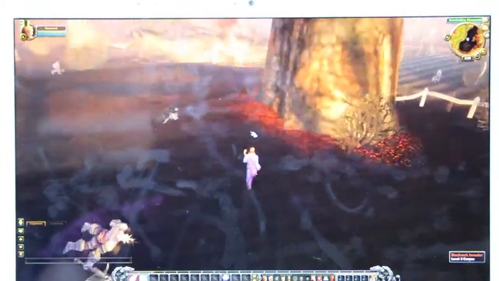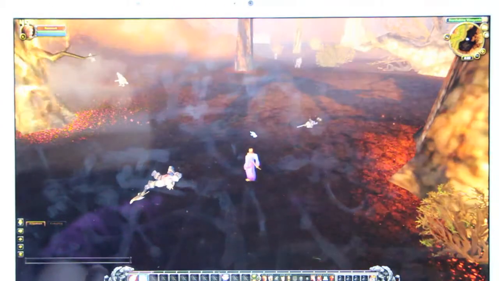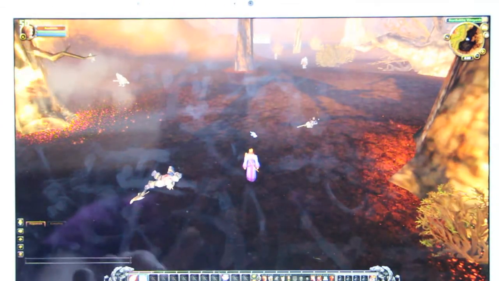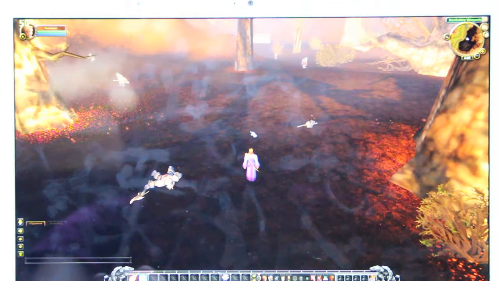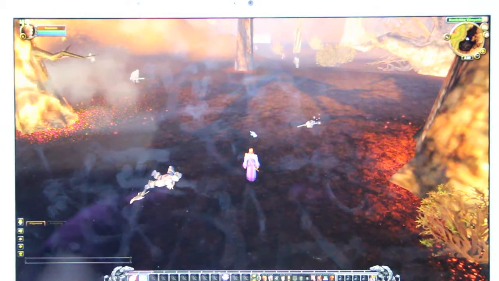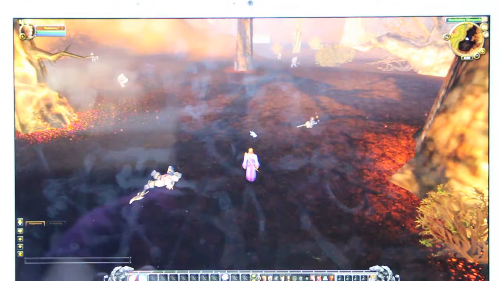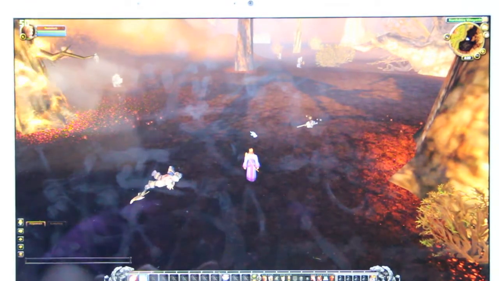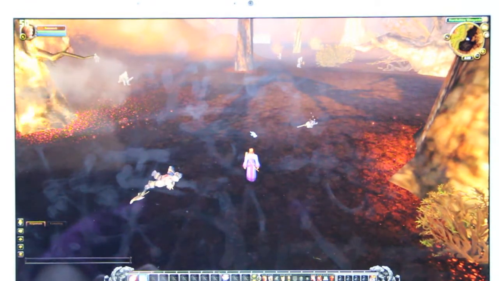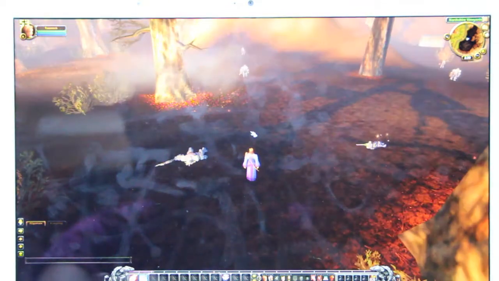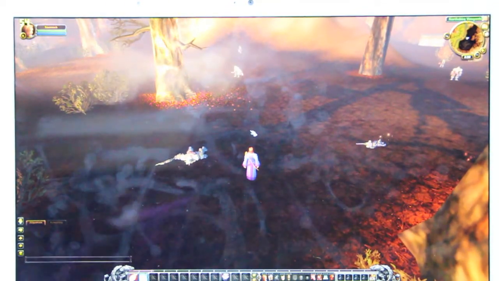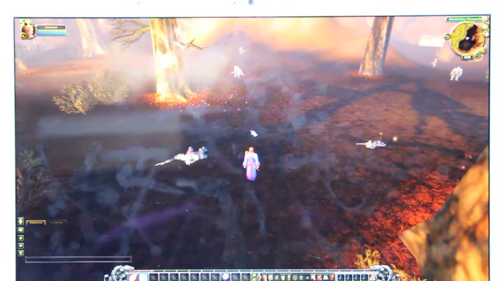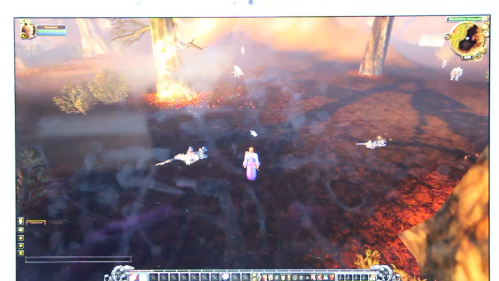Also tested League of Legends and StarCraft 2. These two games are playable on lower settings, also with Full HD graphics. So StarCraft 2 maybe not if you're going to a big war with a lot of action going on, then the resolution should be down to 1366 by 768, but if you're playing normally,